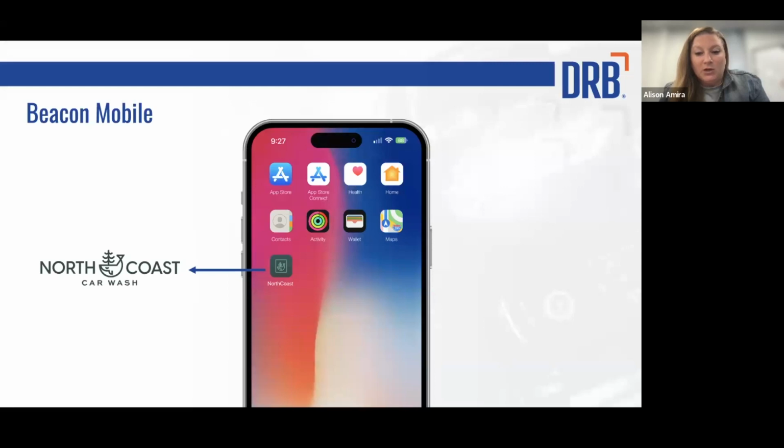Without a mobile application, if a member gets a new car or a new credit card, for example, they need to either visit the site, speak to an attendant to update their information, or remember to take the time to go to the computer or online and update that information. With a mobile app, you can send push notifications to your customers to remind them to update their credit card. Or if they're on their way to the wash and they want to change their information in the plan, they can very easily access it instantly through the app on their phone.